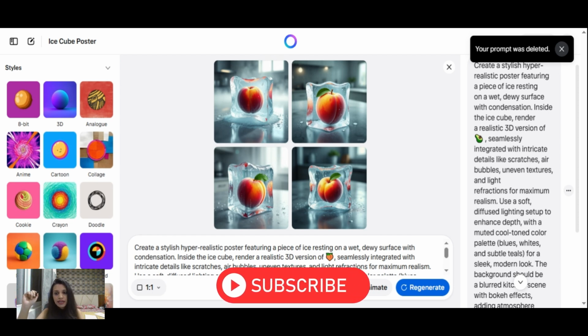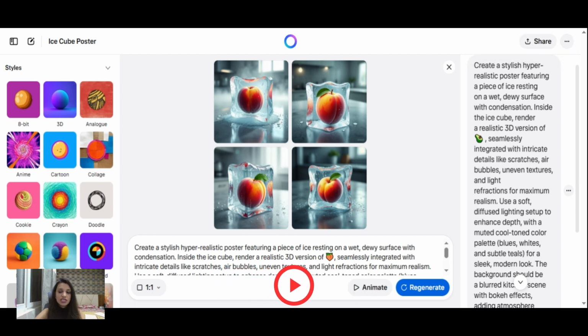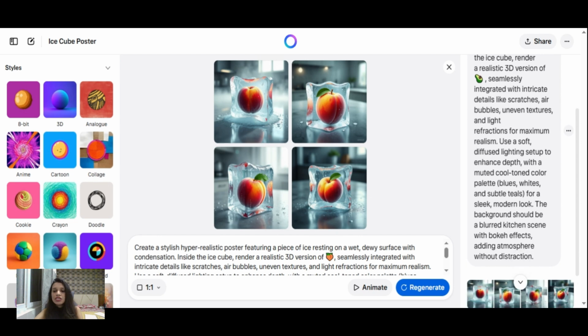Inside the ice cube, render a realistic 3D version of an avocado, instead of a peach, seamlessly integrated with intricate details like scratches, air bubbles, uneven textures, and light refractions for maximum realism. Use a soft diffused lighting setup to enhance depth with a muted cool-toned color palette, blues, whites, and subtleties for a sleek modern look. And the background should be a blurred kitchen scene with bokeh effects, adding atmosphere without distraction.